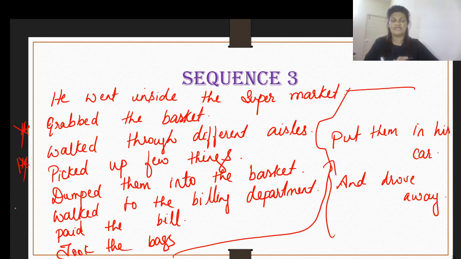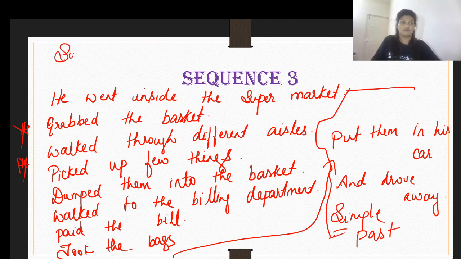So this is an incident that you are narrating in a sequence. So when you are narrating a sequence, make sure you are narrating it in simple past. And the sentence structure of simple past is subject, and soon after the subject you have the past tense